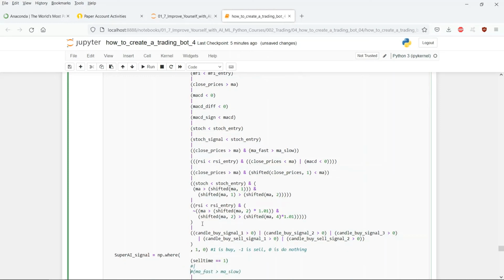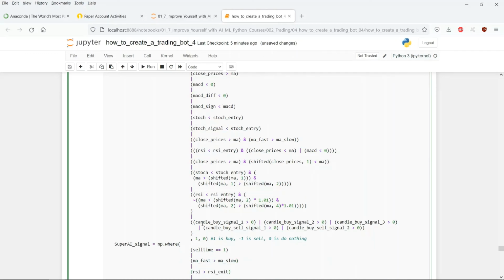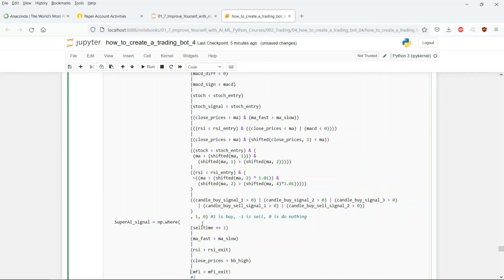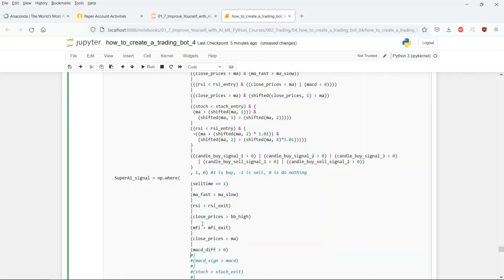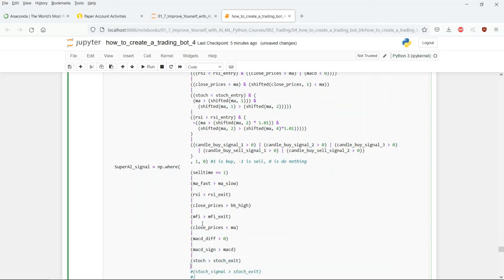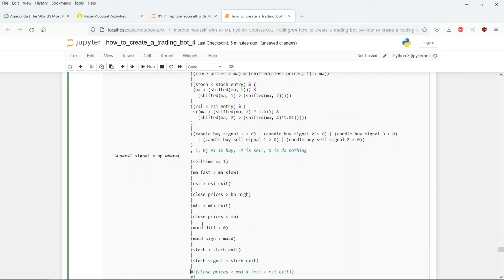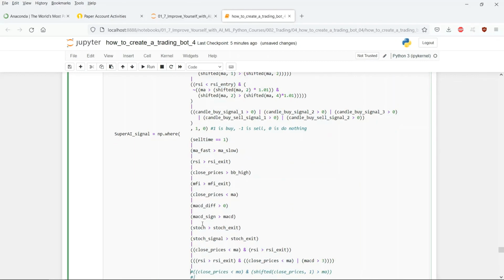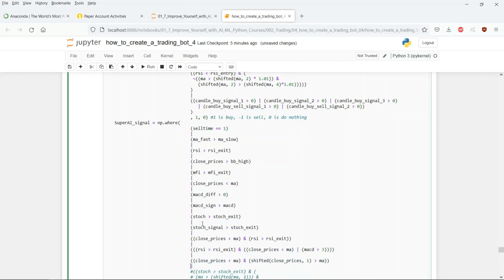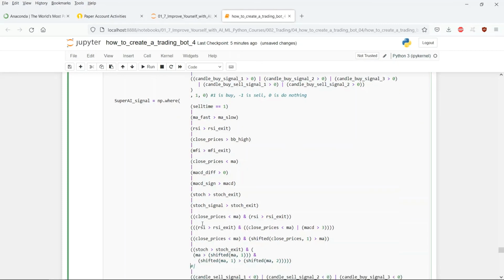Now, we'll get a signal to sell when there is time to sell, or our fast MA is higher than our slow MA, or our RSI is higher than our RSI exit threshold, or last close price is higher than higher Bollinger Band, or MFI is higher than MFI exit threshold, or last close price is lower than MA, or MACD difference is higher than 0, or MACD signal is higher than MACD, or stochastic is higher than stochastic exit threshold, or stochastic signal is higher than stochastic exit threshold, or close price is lower than MA and at the same time RSI is higher than RSI exit threshold, or RSI is higher than RSI exit threshold and at the same time either close price is lower than MA or MACD is higher than 3,